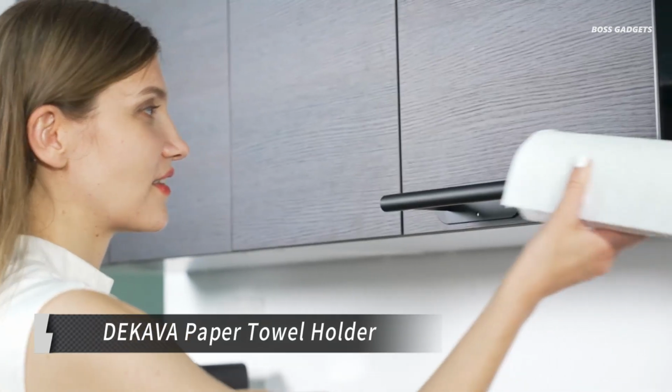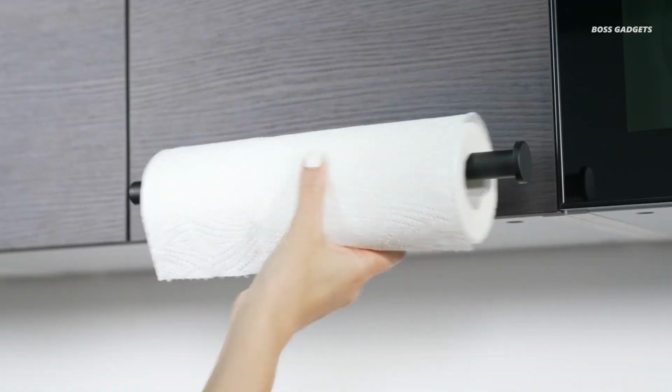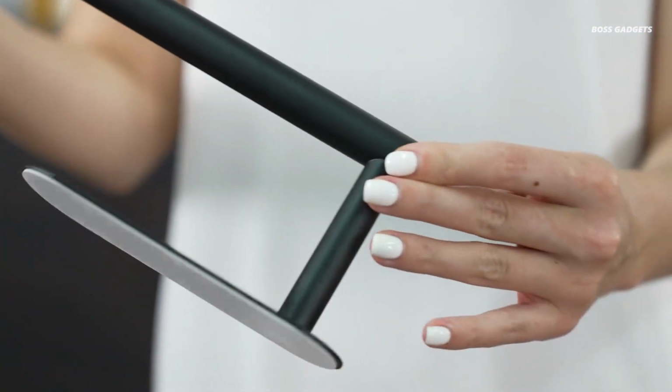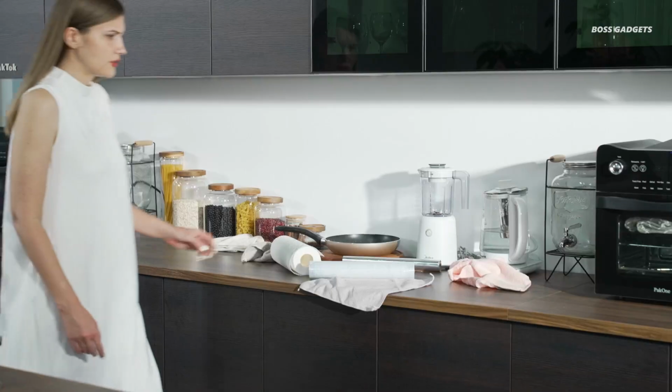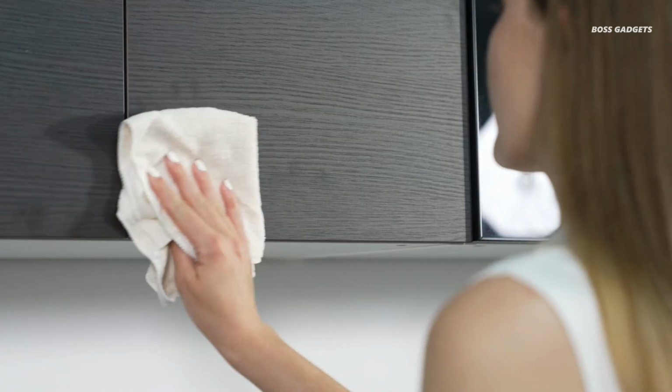Keep your kitchen organized with the DEKAVA paper towel holder, a space-saving solution that accommodates any paper towel roll up to 11.8 inches in length. This versatile holder mounts easily to walls or under cabinets, freeing up valuable counter space while keeping paper towels readily